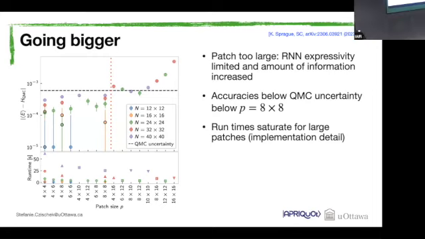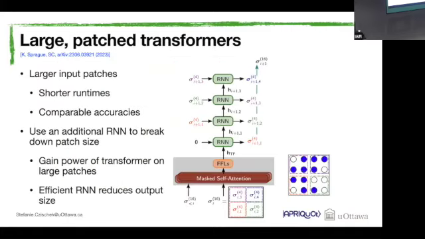Okay, I think I have a quick question. This is maybe central to the problem you're trying to solve, so maybe this is something fundamental I didn't understand. It seems like the reason why making the patches bigger doesn't work out of the box is because you're essentially increasing your vocabulary size. And I'm not sure why that's different from just predicting the state of every qubit. Isn't that still the same number of predictions you need to make?